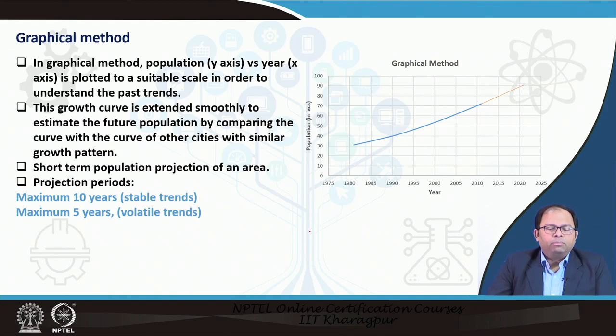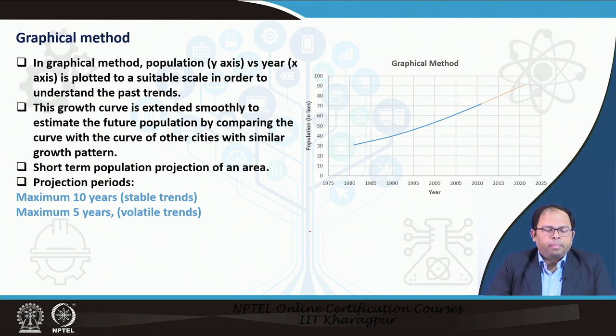So, finally, we come to the graphical method. As you can understand, all the other methods that we discussed till now make assumptions to some extent, such as the growth rate remaining the same. Then in the next one, we follow a geometric growth rate, where population growth accelerates, and then we have the incremental method and the logistic curve method, where we assume there is going to be a saturation value. In addition, we can also follow a graphical method, where we first plot the existing data that we have for different time periods.